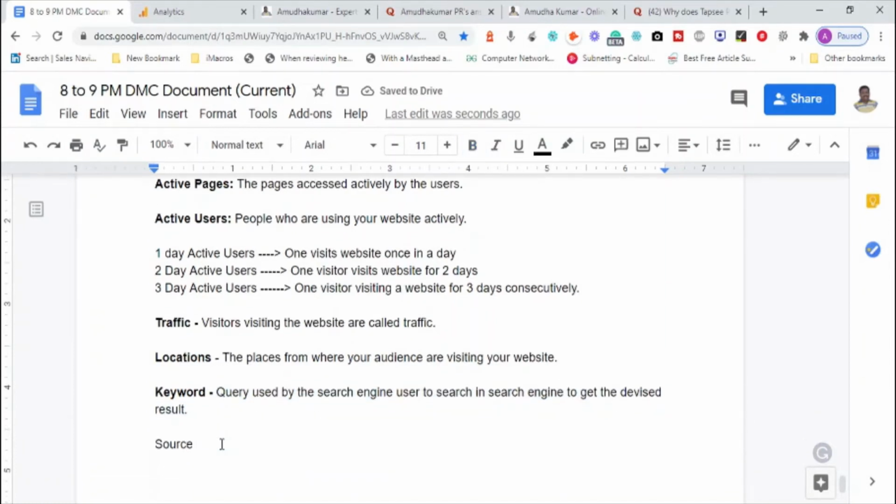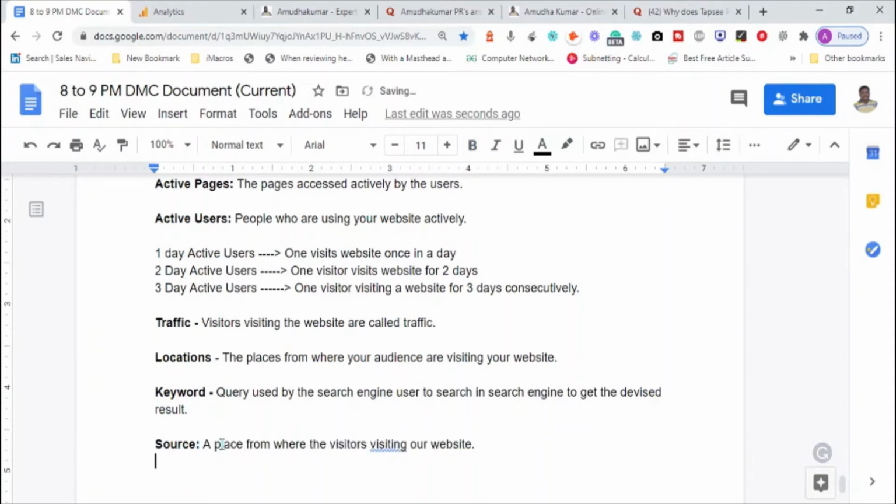Okay, source. Source is a place from where the information or visitors are visiting our website. Okay, source, which means what are the different sources of visitors.